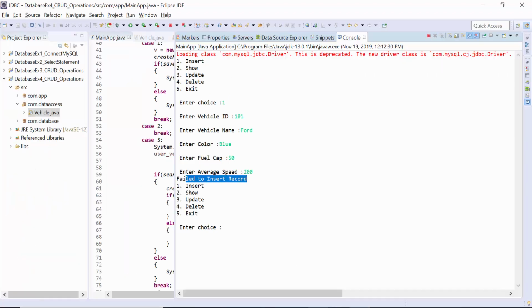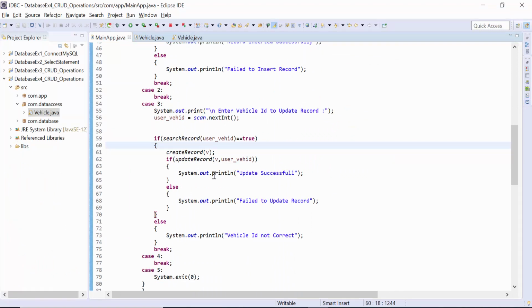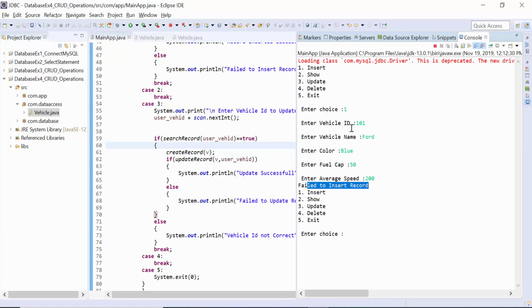Okay, but talking about the JDBC API, when we insert, update or delete a record, a successful execution returns false, and an unsuccessful execution returns true. We need to make some changes, but let's just complete this code. Let me check updating the record. So I press 3 and it asks for the vehicle ID to update the record.